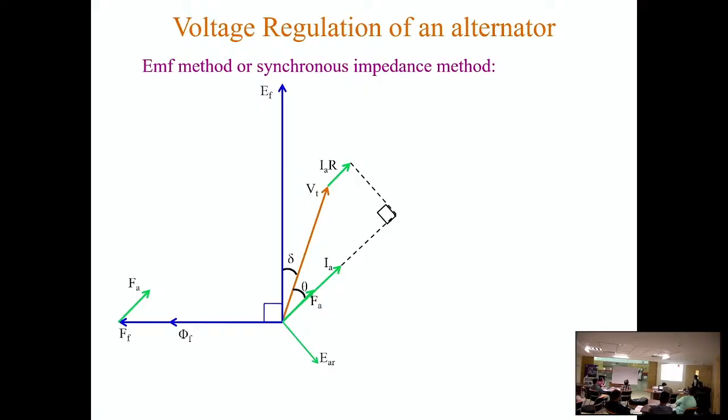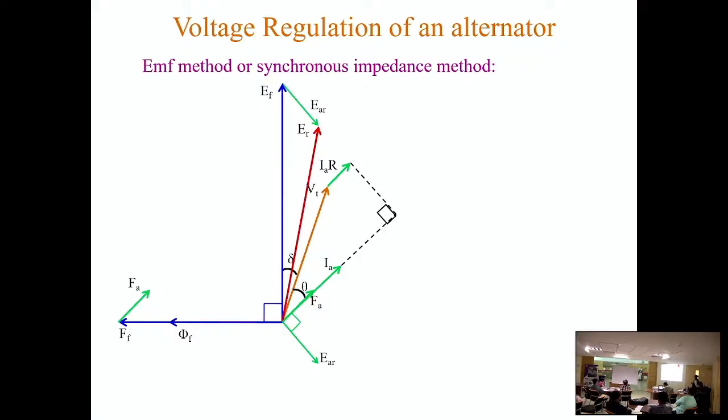IAXA. We have seen earlier in the phasor diagram that this voltage is equivalent to some reactive voltage drop, which is IAXA. So that induced EMF we can draw here, which lags FA or phi A by an angle of 90 degrees. That induced EMF we have to subtract from EF, so that is our ER. After subtracting this EAR from EF, we will get the resultant voltage, which is the voltage behind the leakage impedance,